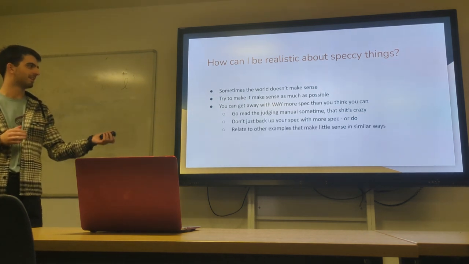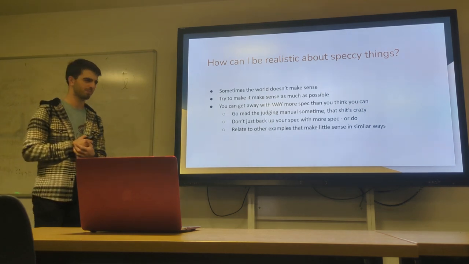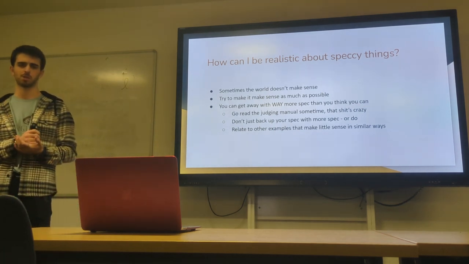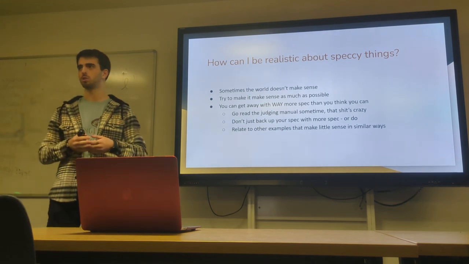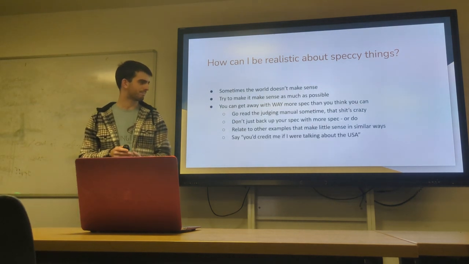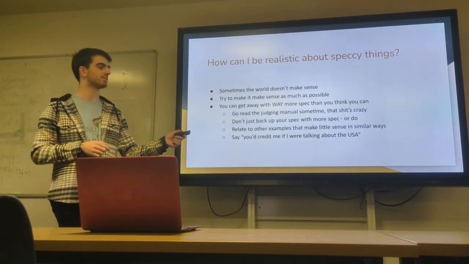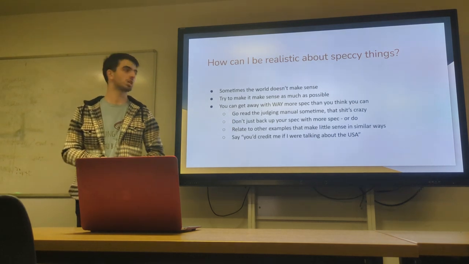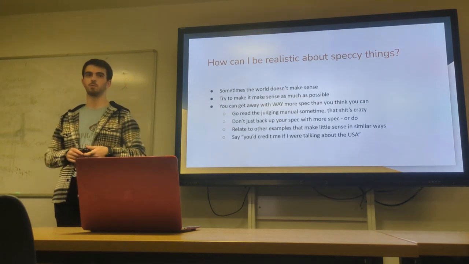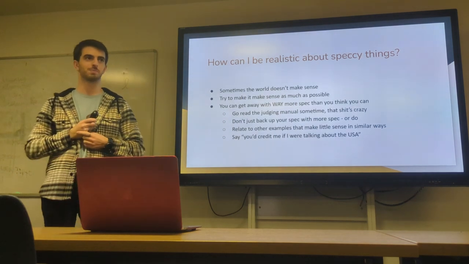This we talked about. You can sometimes relate your spec to other examples that work in similar ways and also make a little sense, but are AIB knowledge and not spec, and that way you can get away with a little bit more. And this one genuinely has helped me get away with so much. I know it sounds insane, but I think it's really helpful. Because what the judging manual basically says is that the average informed voter knows various different headlining things, but they don't have knowledge that's country specific.